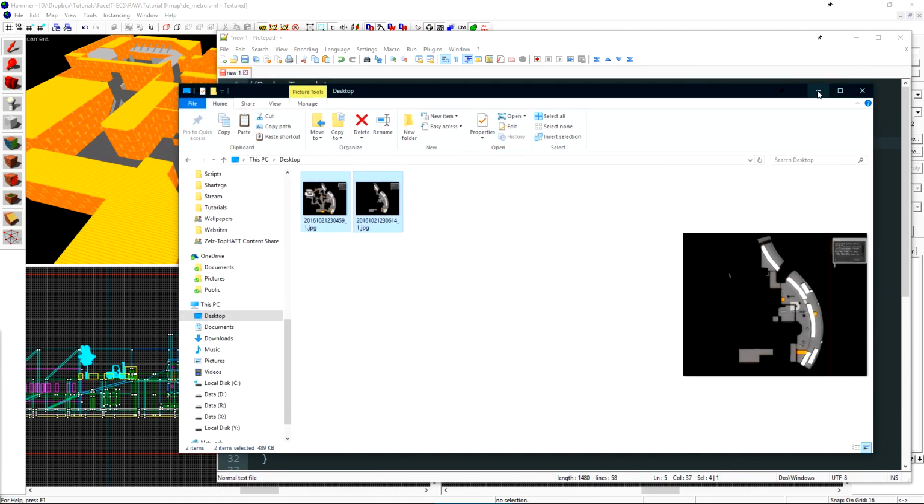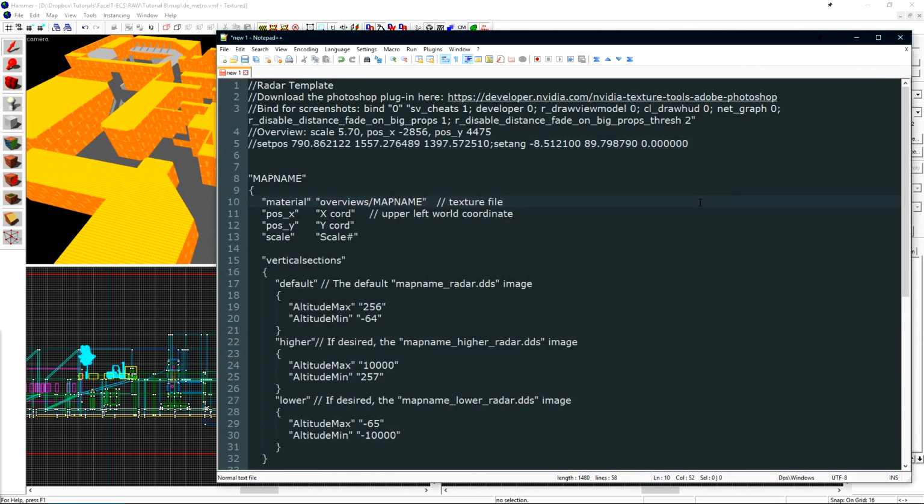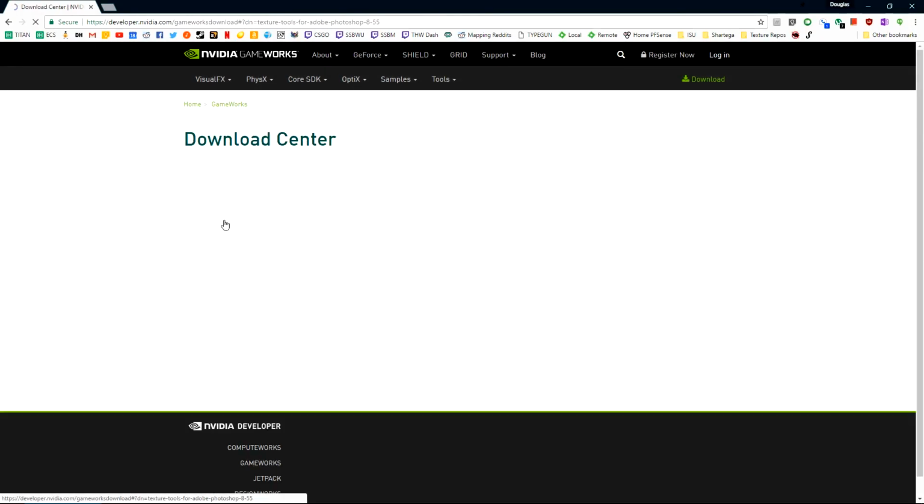We'll keep those there for now, and we just need to do some photo editing to them to actually get them into game. CSGO expects that we're going to save these as a DDS image file. We need a plugin to use with Photoshop to be able to save as a DDS file. I've included the link to the texture tools from NVIDIA that will allow us to save as a DDS from Photoshop. If we download these tools here,